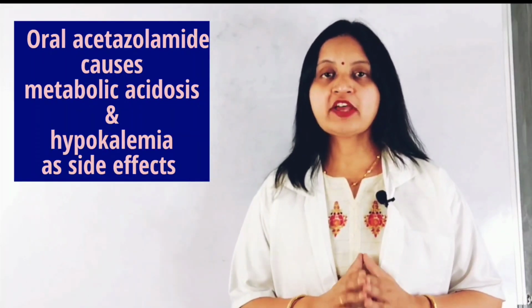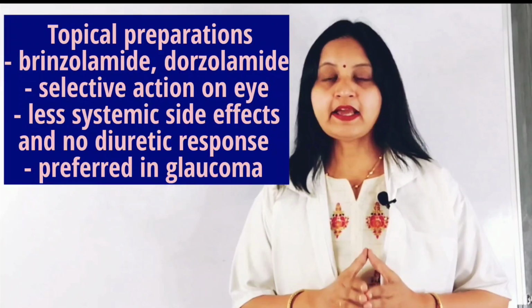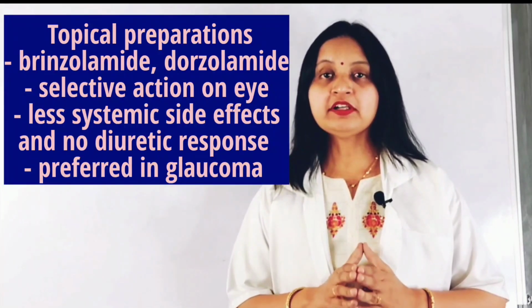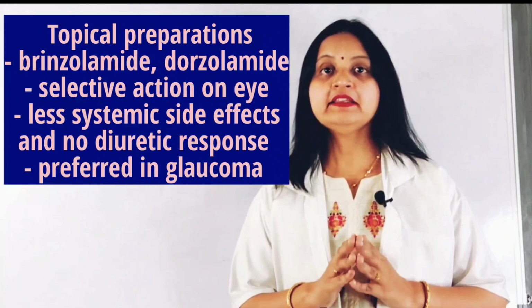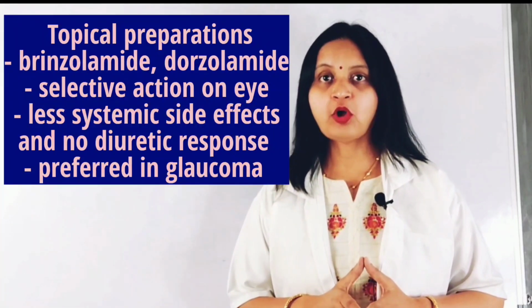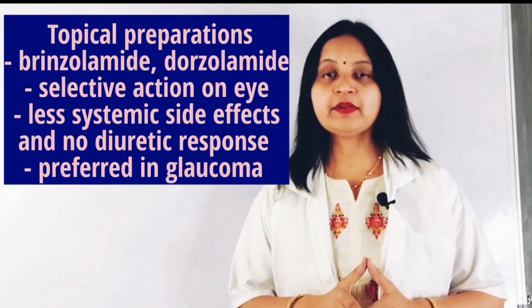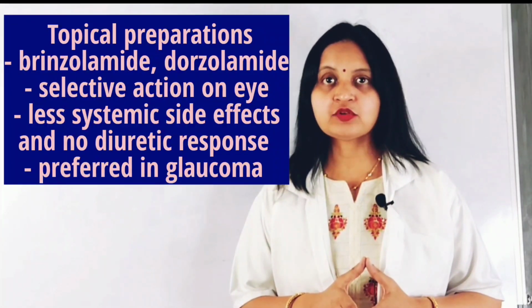Topical preparations such as brinzolamide and dorzolamide cause less systemic side effects and are better tolerated. They cause no diuretic response and they have more selective action on the eye and they are preferred in the management of glaucoma compared to acetazolamide, which is orally administered and which causes systemic side effects such as metabolic acidosis